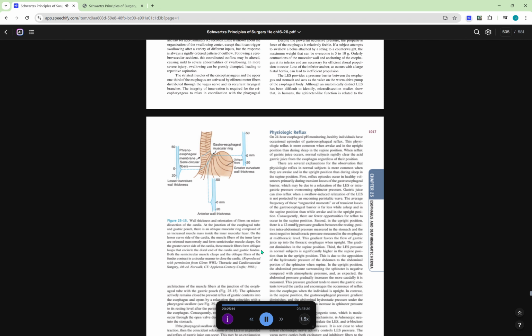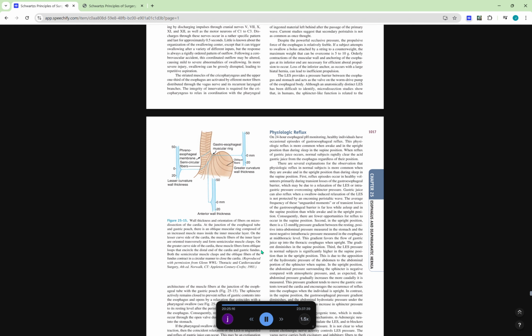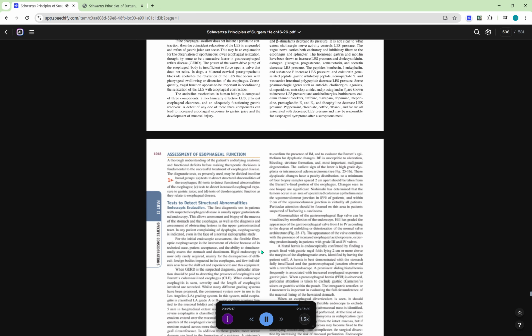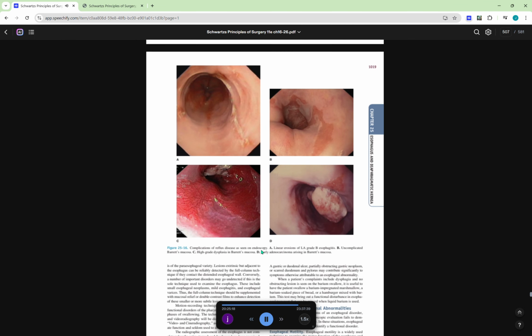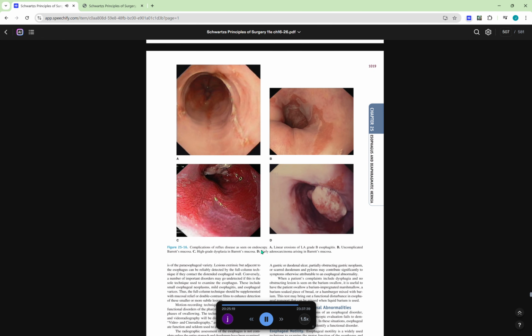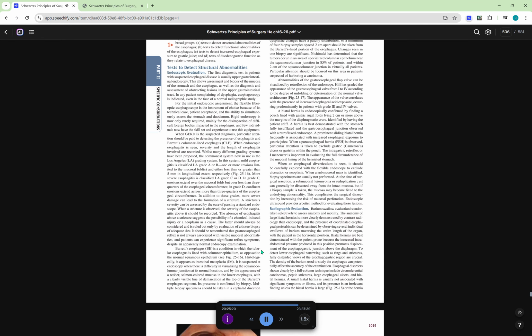The efferent lymphatics from the cervical esophagus drain into the paratracheal and deep cervical lymph nodes, and those from the upper thoracic esophagus empty mainly into the paratracheal lymph nodes. Efferent lymphatics from the lower thoracic esophagus drain into the subcarinal nodes and nodes in